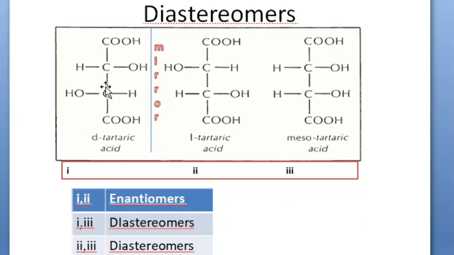and its rotation of plane polarized light is towards dextro, so it is written as what? Dextrorotatory tartaric acid, and the OH is on the left hand side, so it becomes capital L tartaric acid, and with respect to rotation of plane polarized light, it is small d tartaric acid. Small d refers to dextro, and its mirror image obviously will become L tartaric acid, and this L refers to levo.